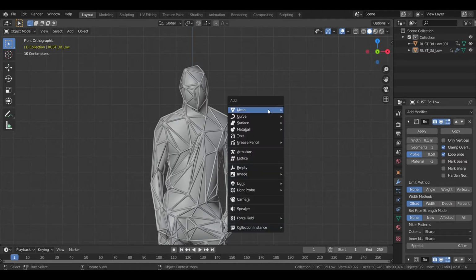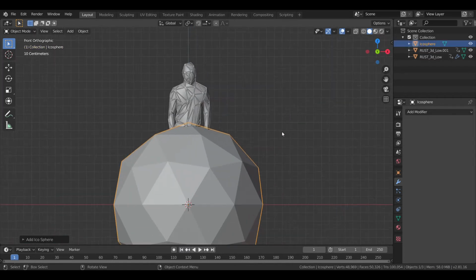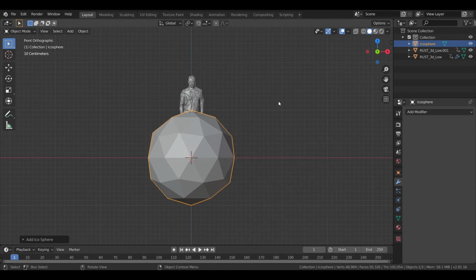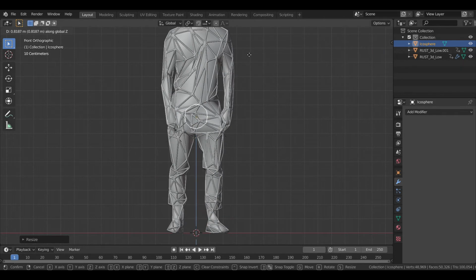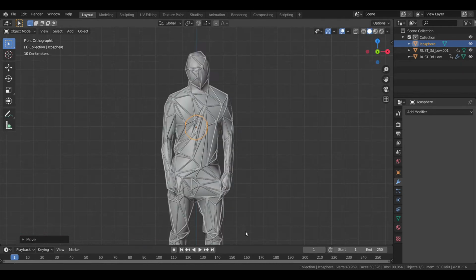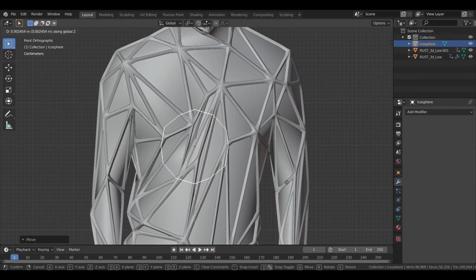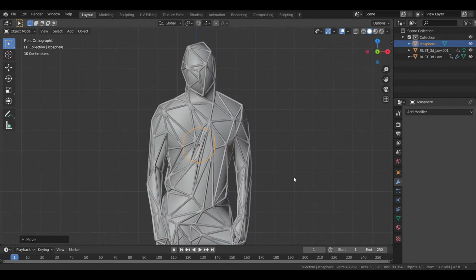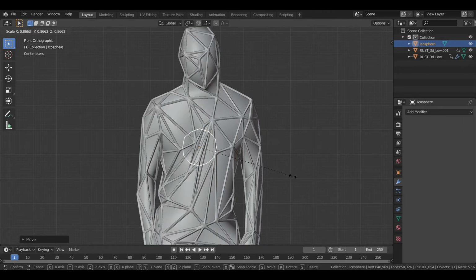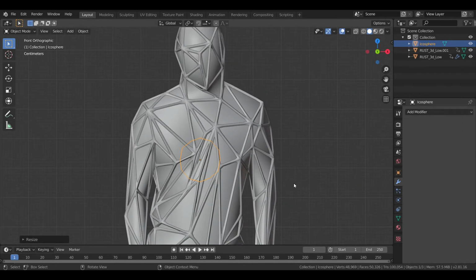So we'll add two. We'll go to mesh and add a UV sphere, icosphere. I prefer adding icosphere. So icosphere, yeah, it's icosphere. Reduce the size and GZ to move in the Z direction. Okay, so a little more up GZ and a little more centralized GX. Okay, perfect. The size, let's reduce it a little.